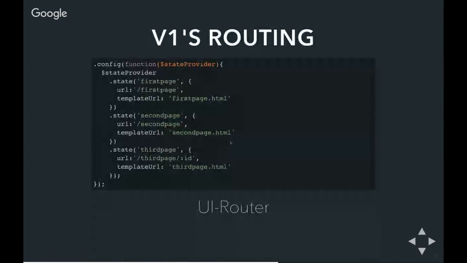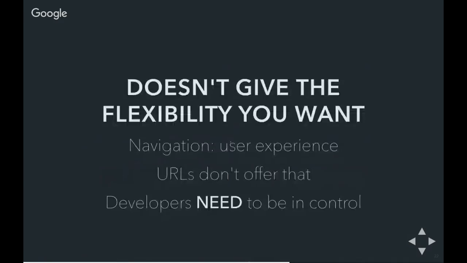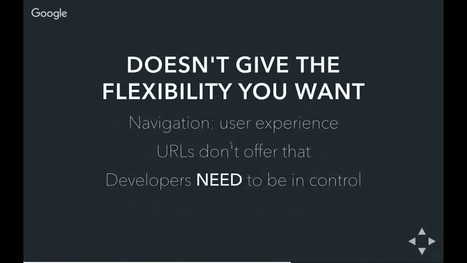And it all comes down to how we did routing to begin with. Now, in Ionic 1, we used UIRouter, where you can attach a state, which is a bit of markup and controller logic, and a URL. And you map to that using UIRouter's state machine mechanism. Now, while this is great for web apps and traditional desktop websites, it doesn't give the flexibility that mobile apps actually need. So anytime you try to go outside of what you've already set up as your states and your URLs, it tends to fall short,